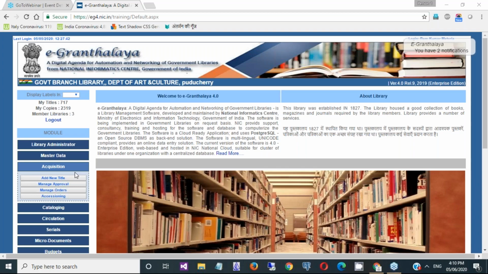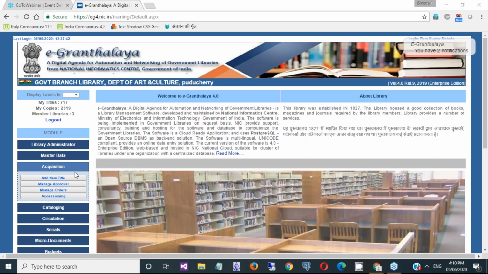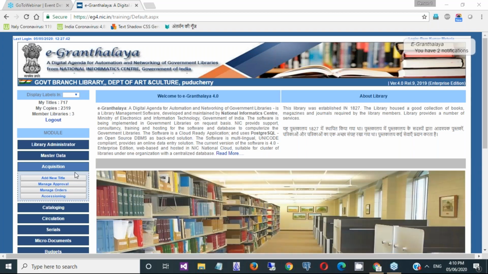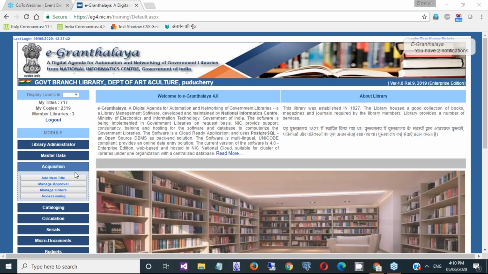So let us take a scenario. We are working with e-Granthalaya in our library, and certainly purchasing of documents, especially books, is a common feature in all the libraries, and that is the main activity. And suppose we are going to procure a few books in the library. Nowadays books may be available physically on approval. Many of the vendors can provide them to you on approval, or you may have some catalog or other details from a website or some other sources.